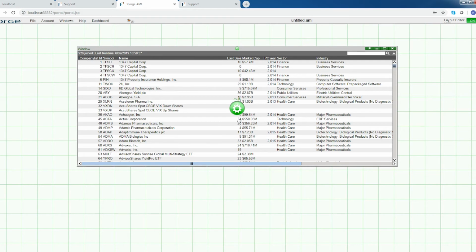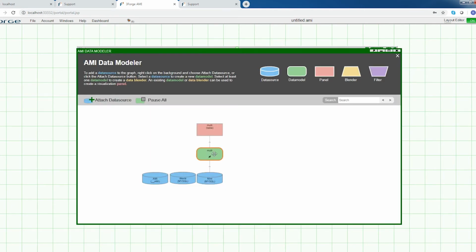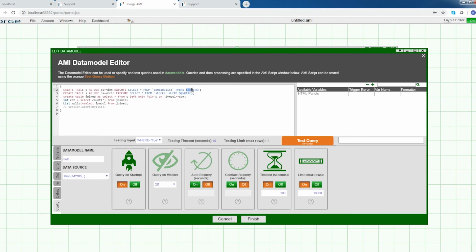Now, an interesting thing here is tables actually are only backed by a single table. That logically makes sense. Charts, on the other hand, can actually sit on top of multiple tables and multiple data sources and all that fun stuff. That's out of the scope of what we can cover today, but it is worth noting. Also, I mentioned this before, but when you create relationships, you can actually define multiple variables. That may be important if you want to basically have different where clauses for the different queries you're going to run against the various databases and tables. So you might have where and then where to, and then when you define your relationship, you can have the where and the where to